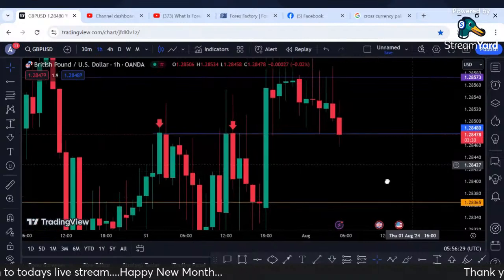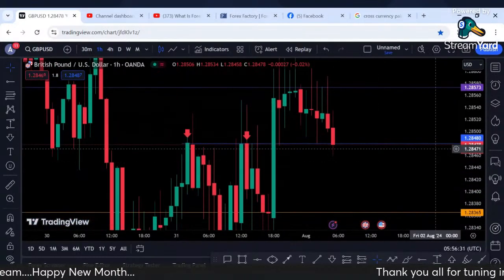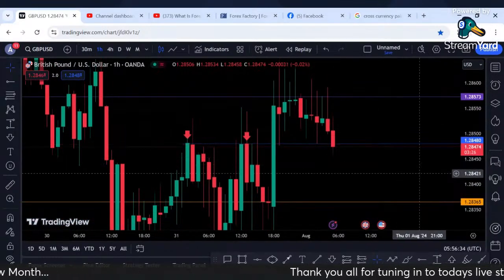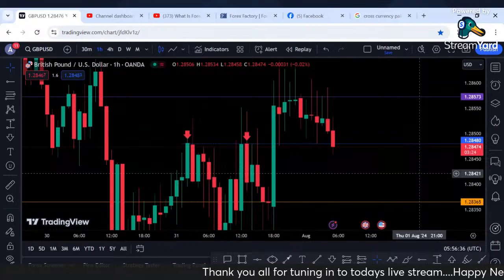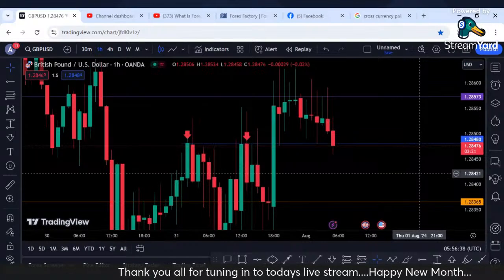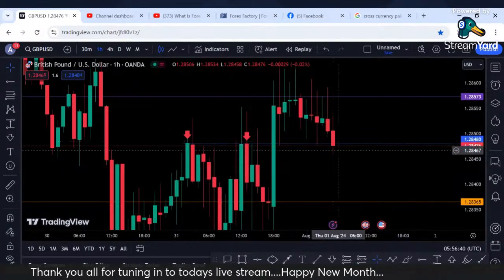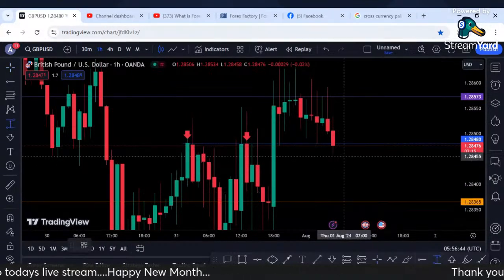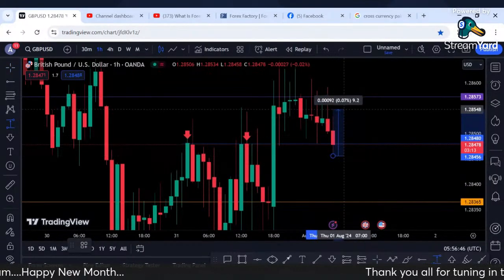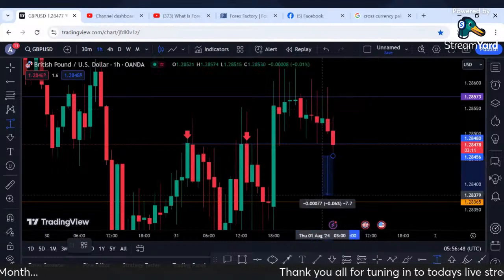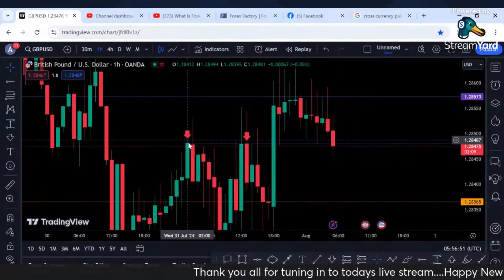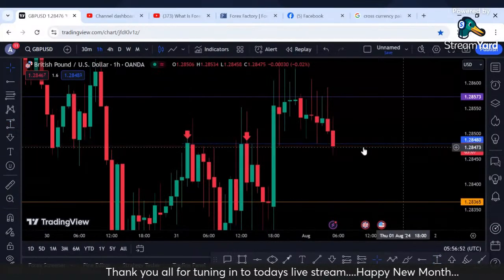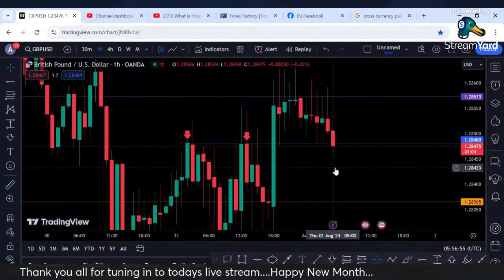If this one breaks beneath, I'll be taking a short sell. Let me fix my lot size. If it's closed beneath, I'm going to take a sell, target this one. It's going to be something like a short entry. I hope you see these key areas. If the H1 breaks,